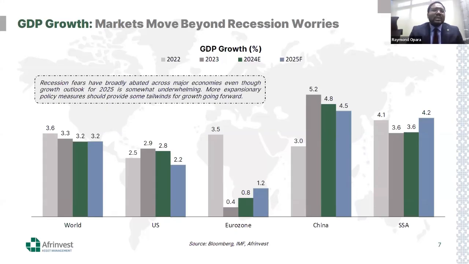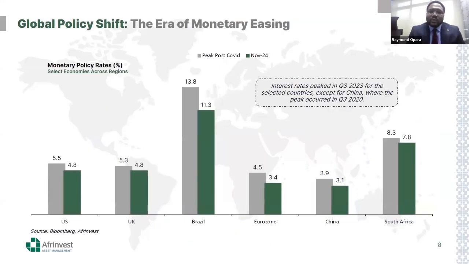And for monetary policy, we have seen over the course of the year that it is now the time for monetary easing, as inflation has ticked down to desirable levels, although not at the desired level yet, but we've seen some improvement across the UK, Eurozone, and BRICS regions. We've seen that interest rates peaked in Q3 2023 for these select countries, except for China, where there are still some issues on the rebound from COVID. Economic activity has not been as buoyant, and monetary policy actions, in line with fiscal actions, particularly in the housing sector, have all been on the front stage to boost